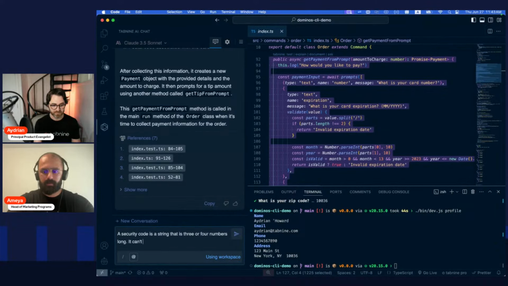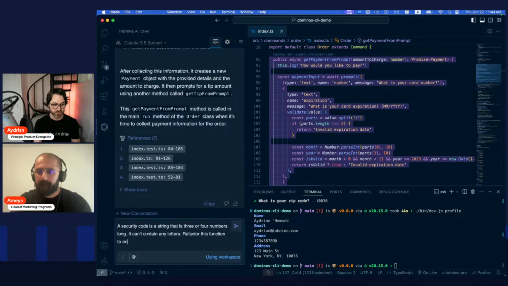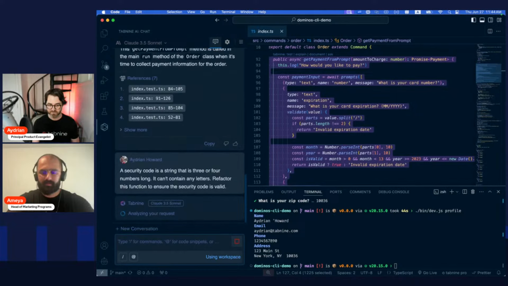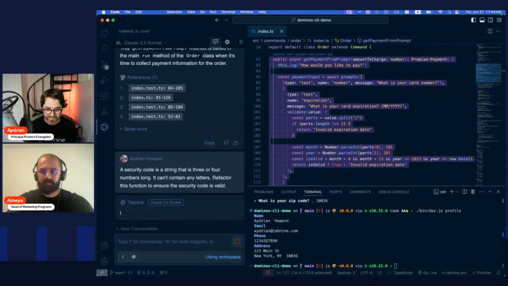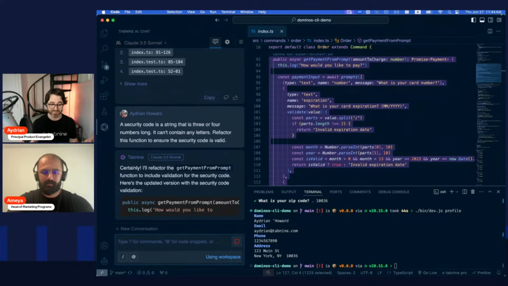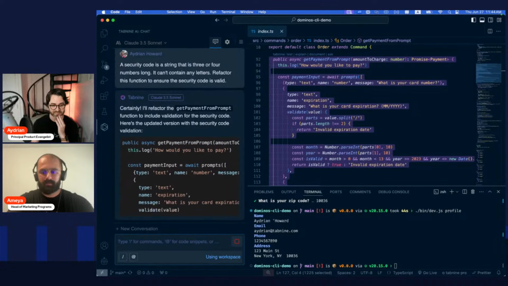It can't contain any letters. Refactor this function to ensure the security code is valid. Okay, so let's see what it does. I'm basically just giving it the ticket.